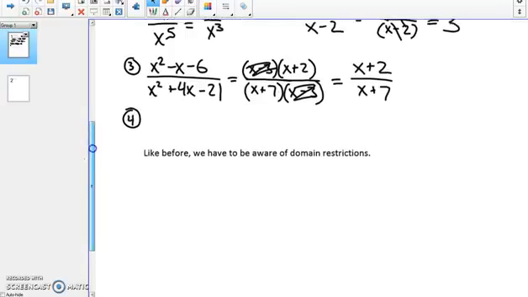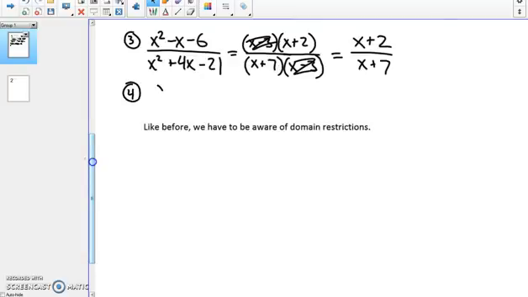Say this one's number 4. Let's write it as x squared plus 4x over x squared plus x minus 12. Now, when we factor, one thing that jumps out to me with the top here is GCF. Let's not forget about that. We haven't used that in a little while, but there's clearly a greatest common factor in the top part here, and that's an x. So when I pull the GCF out, that leaves me with